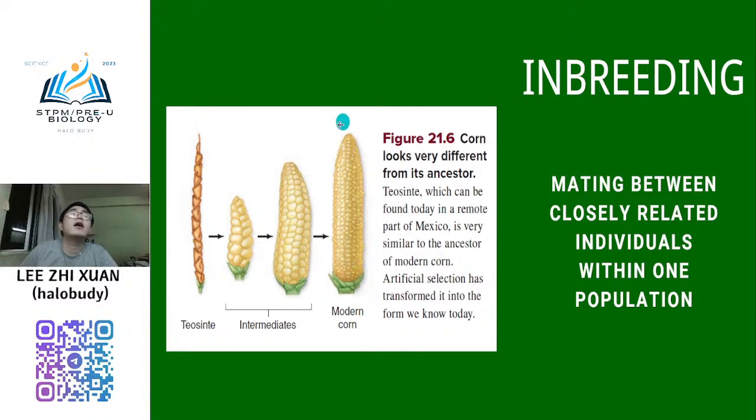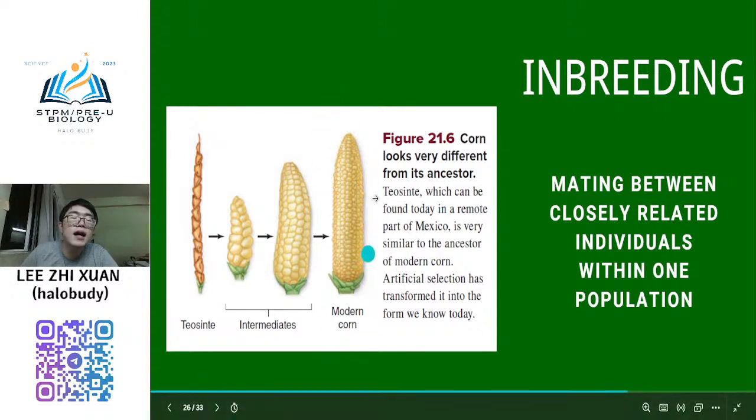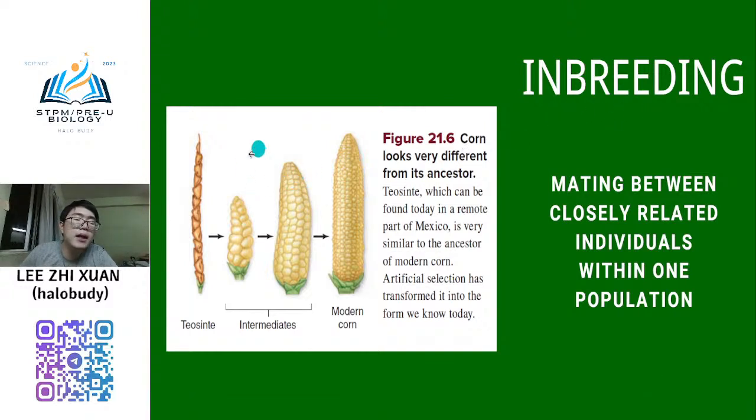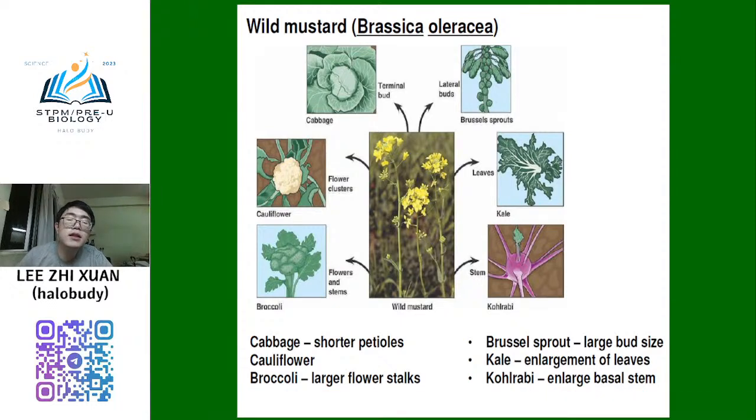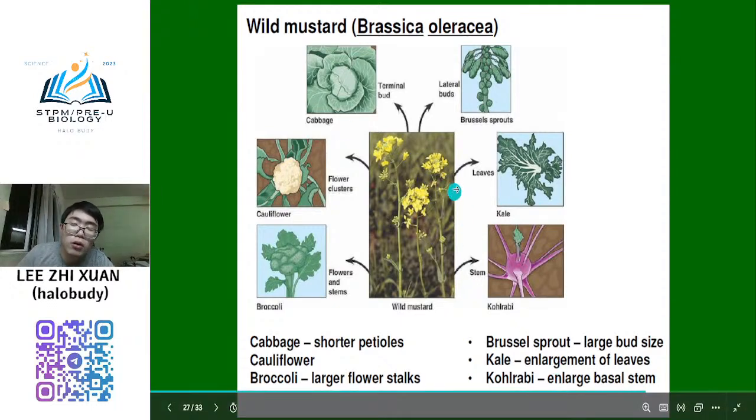For now, when we produce corn until now, corn is like this. We got corn like this because of this inbreeding. Right? They did a lot of inbreeding from here, many times, until they formed this corn. Like that. And then this one is another example, what we call as the